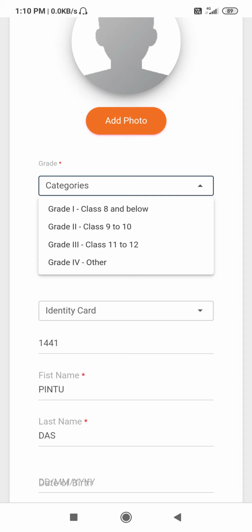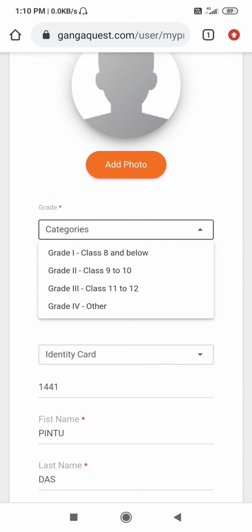If you are studying in class 9 or 10, then you have to choose the second one. If you are studying in 11 or 12, you have to choose the third one. And another option is there, class 4 or other. So I am choosing class 8 here because this student is studying in class 7. So I am choosing class 8 and below.